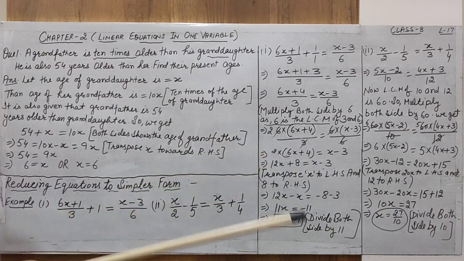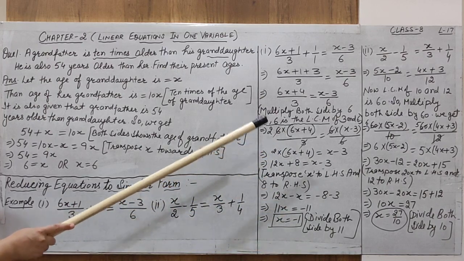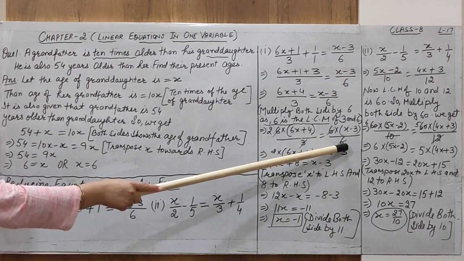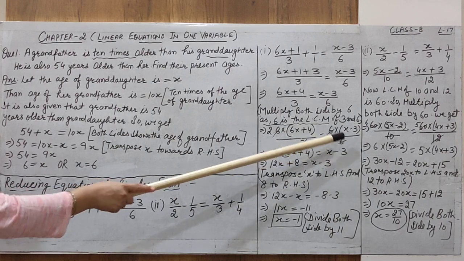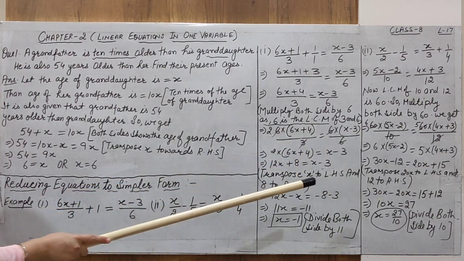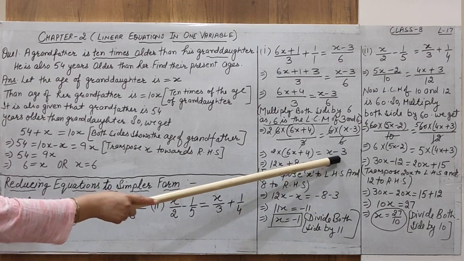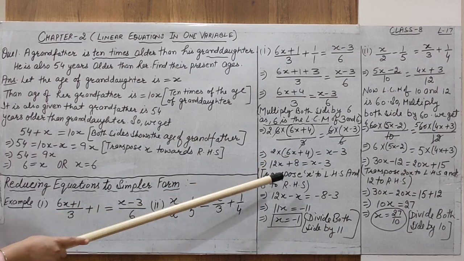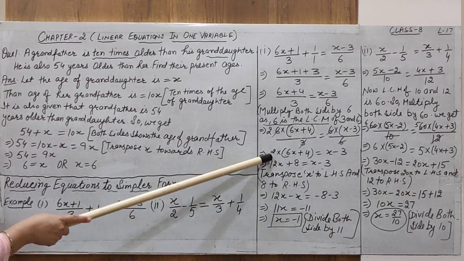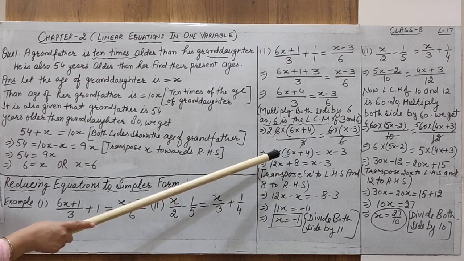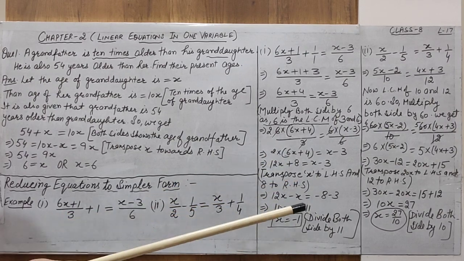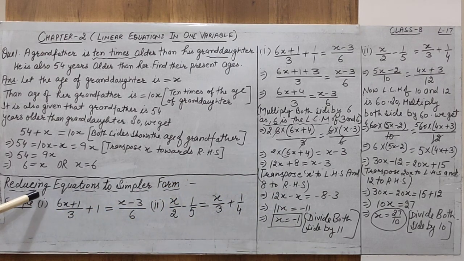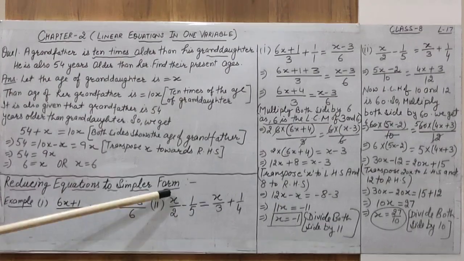There is no denominator in left hand side when we multiplied with 6. Next, when right hand side also multiplied with 6, 6 cancels out with the 6, that is numerator is cancelled out with the denominator. We have only one term left, that is x minus 3. So 2 is multiplied with both the terms by using distribution property. So 2 is multiplied with 6, we get 12x, and 2 is multiplied with 4, we get 8. Now this is the actually simpler form of the equation. This is the method to reduce equation to the simpler form.